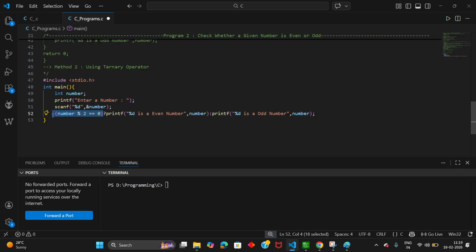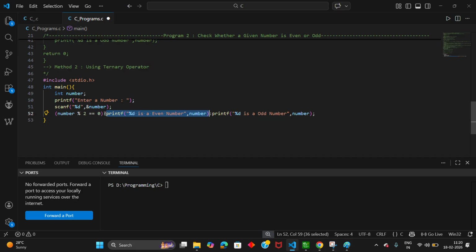It should be in parentheses. After that we use the question mark. If this particular condition is true, the statements written after the question mark will be executed. The statement after the question mark is printf("%d is an even number", number).